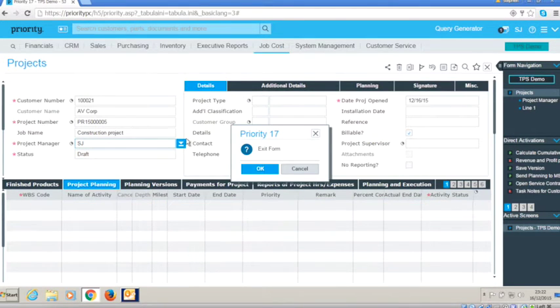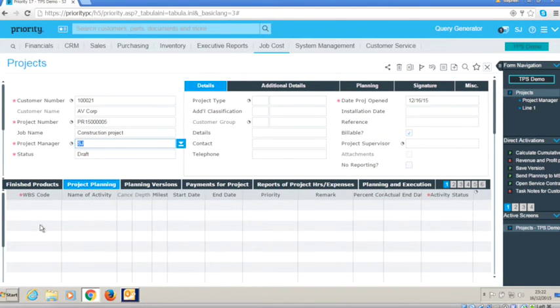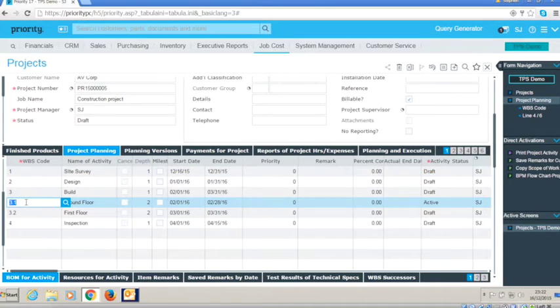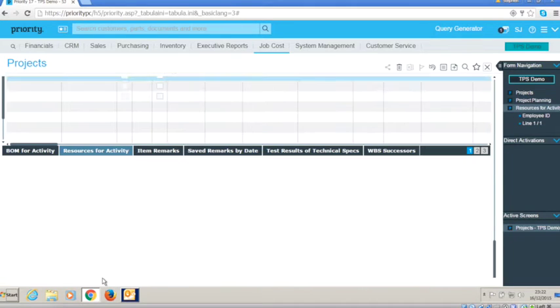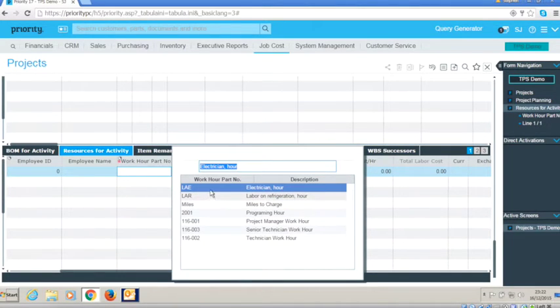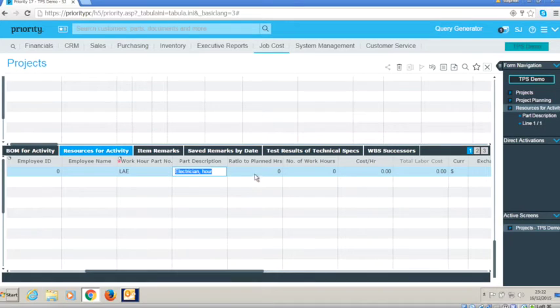with. I want to stay on the same form, but I want to talk about labour, not about the purchase ordering. So you have another subform of the project planning subform called resources for activity, and this is where you can plan your labour. Typically, we wouldn't start allocating people at this stage. We'd simply record the type of labour that we're actually interested in, and then specify, if we now take another